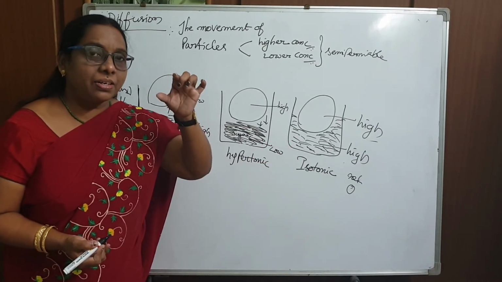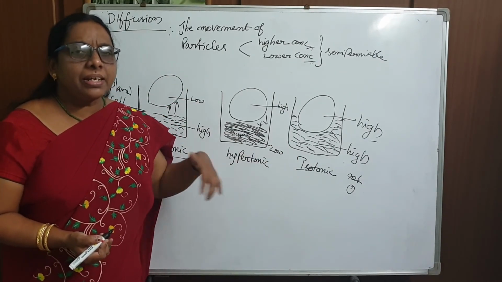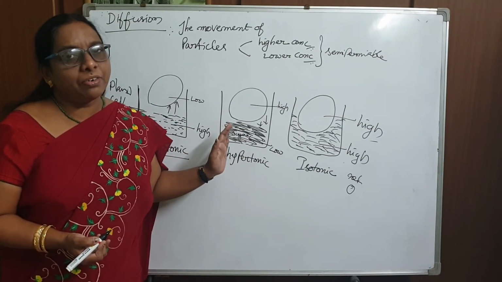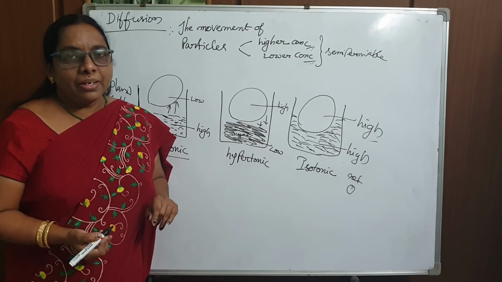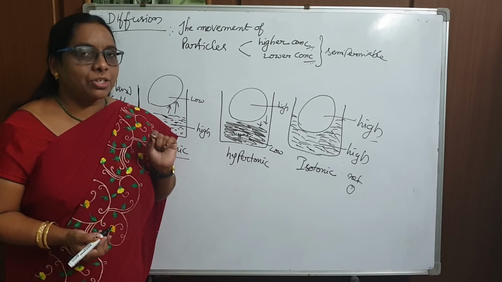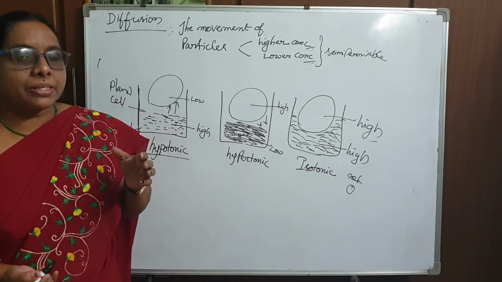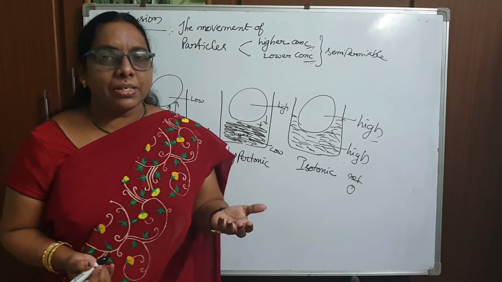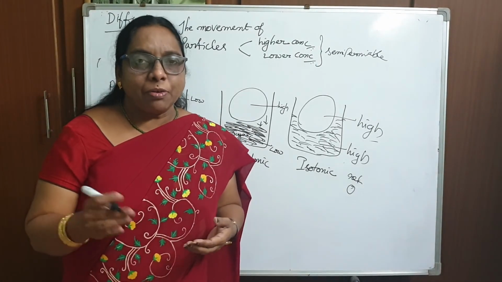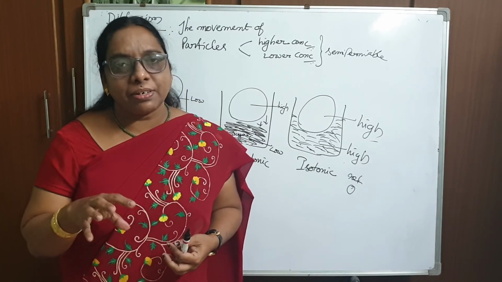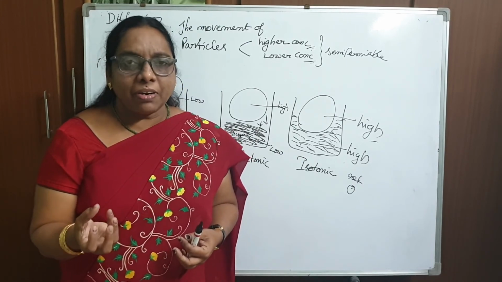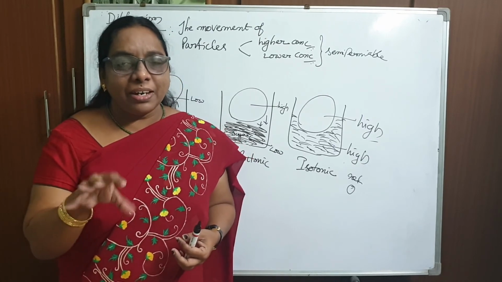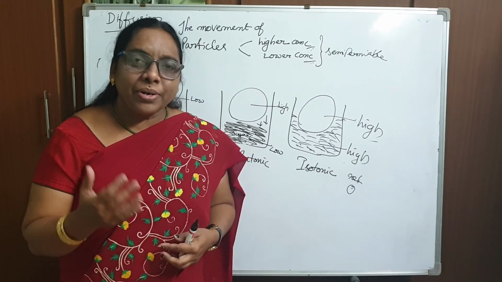If you have a clear concept of this, they'll give different general examples. Based on the examples, we have to write which type of solution it is. For example, one example I'll give and then I'll stop. Cut the mango pieces and mix them with, as it's the mango pickle season, we cut the mango pieces and mix them with salt and chili powder and everything, and we'll add oil, and we'll leave it. After a few days, what will you observe?